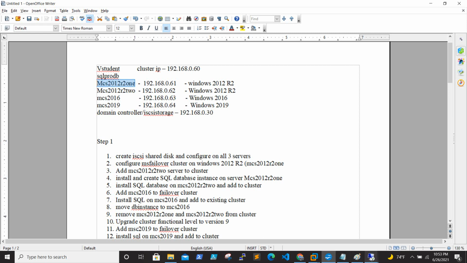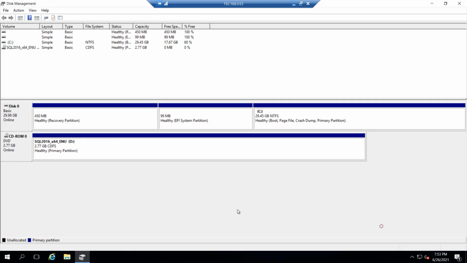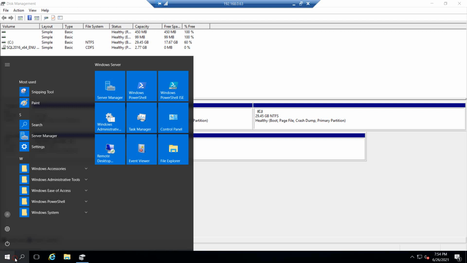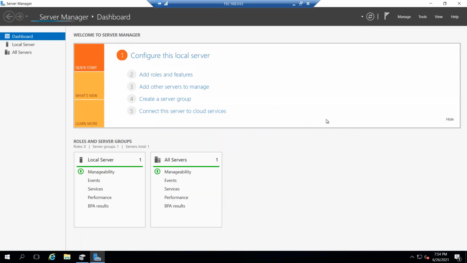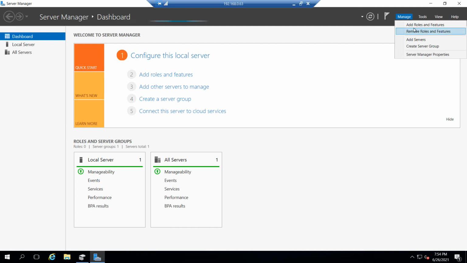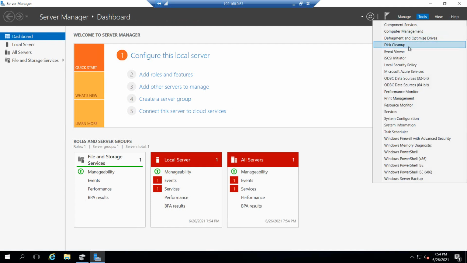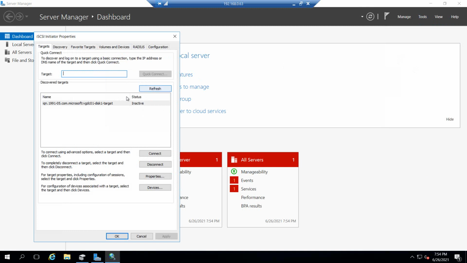If you go to server 2, it should come up, or else we need to scan again and see. This is inactive, so make it connect.